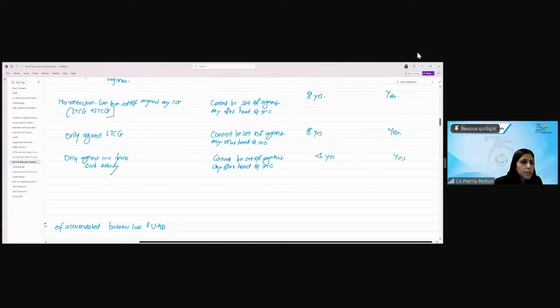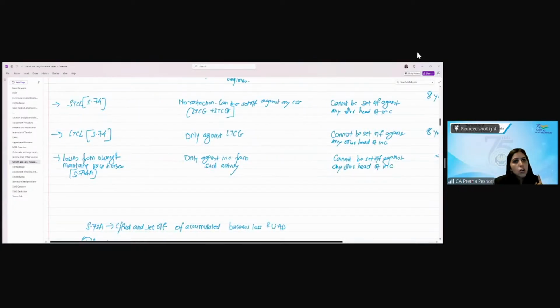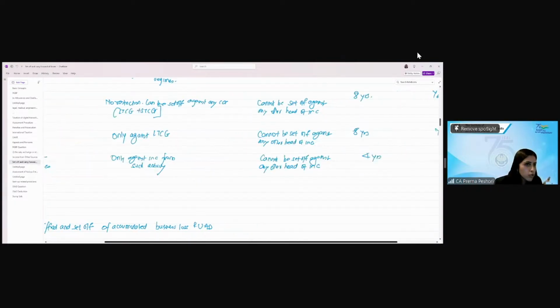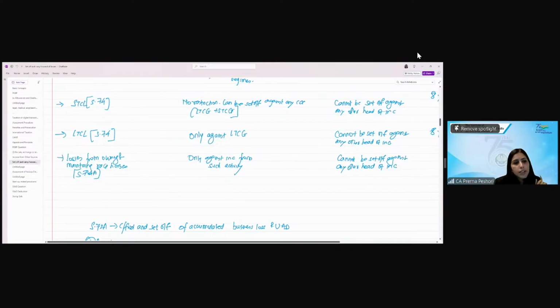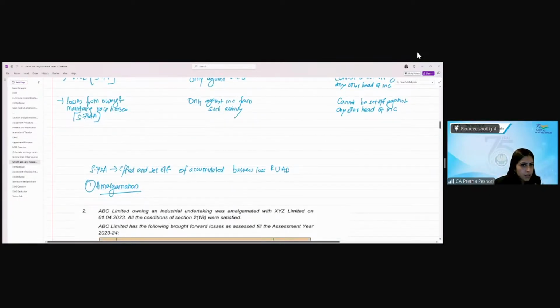You have to file the return under 139. Losses from owning and maintaining racehorses only against such income, cannot be set off against any other head of income, and the time limit is 4 years subject to filing the return of income. Are we clear? Yes. Now coming to the